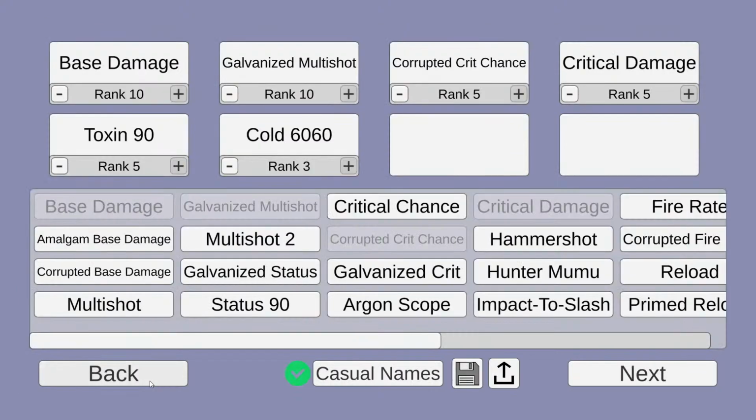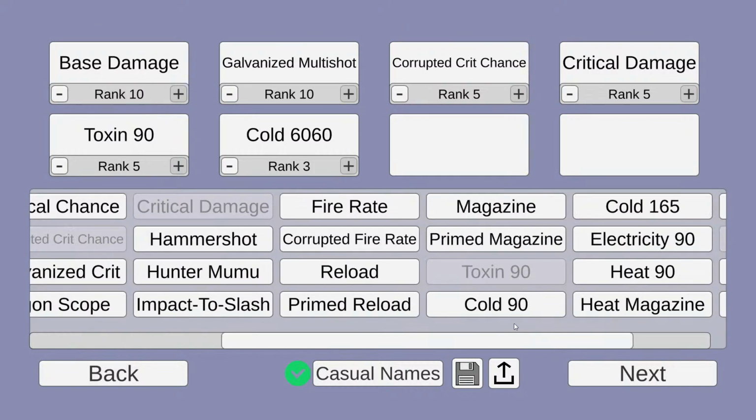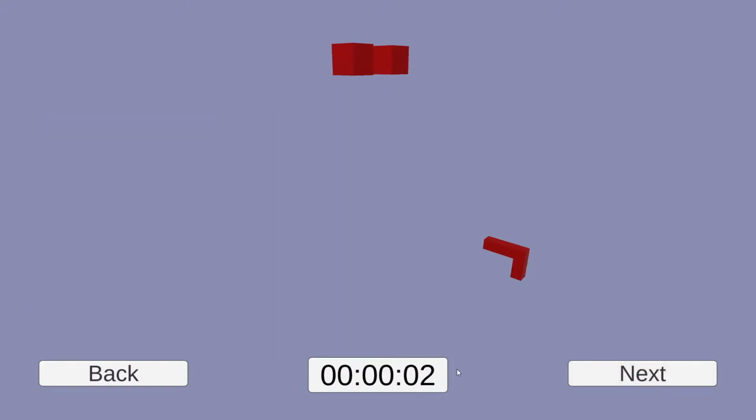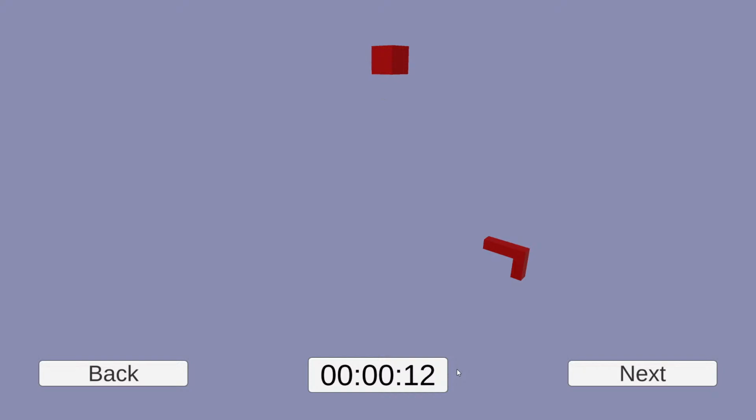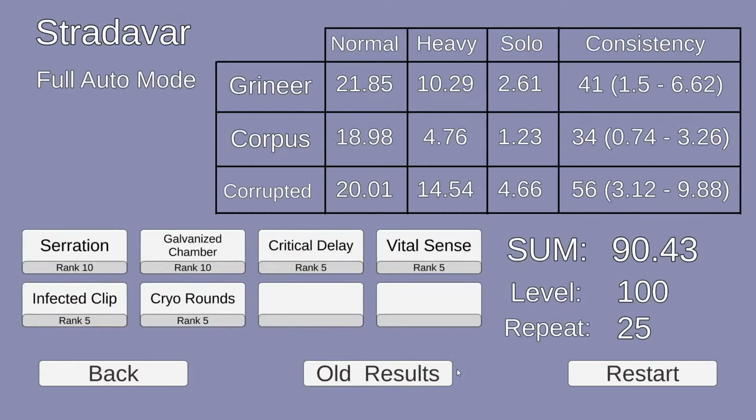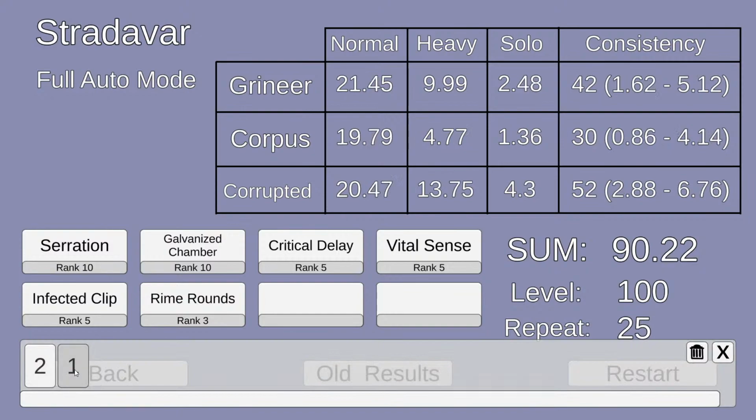Okay, we're gonna go back. We're gonna take this cold and make it a 90 version, and now press next again. If I had to guess, I would say most likely these two results are really similar, but let's find out, because I cannot predict what will happen. When I was testing the latest recommended series, I figured out that a lot of builds that I thought were good are actually not good. And a lot of things and tactics that we use commonly, okay, I think it's nearly, oh, look at that,